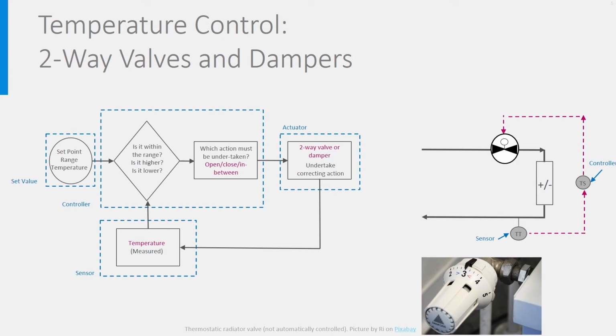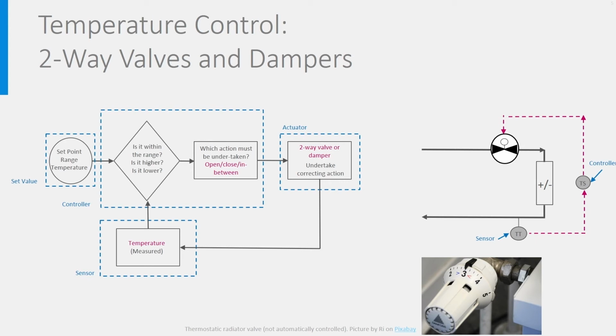Let's look now at temperature control. In this case, the sensor is a temperature sensor, of course. But what about the actuator? Well, basically, there are three ways to control temperature, and that is either by bringing or removing heat from the